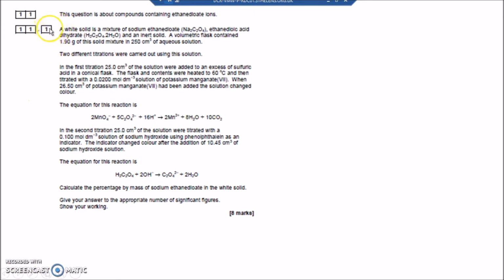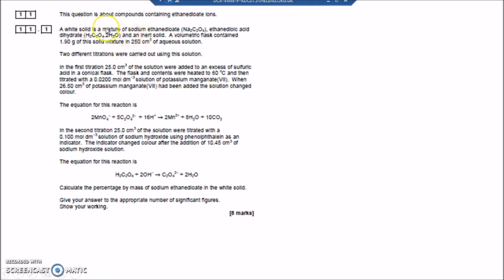Question 11, probably the hardest question on the paper. This question is about compounds containing ethanedioate ions. So an ethanedioate ion is C2O4, and it's a 2- ion. We know it's a 2- ion. It shows you it here, C2O4 2- anyway here, and it's in this C2O4